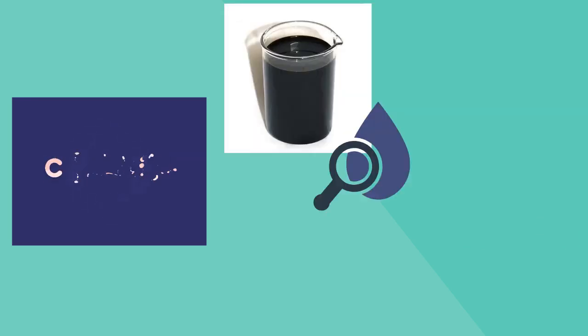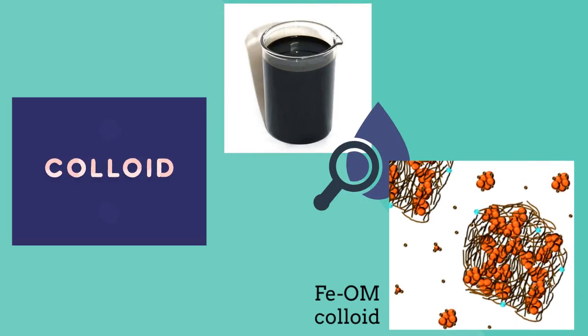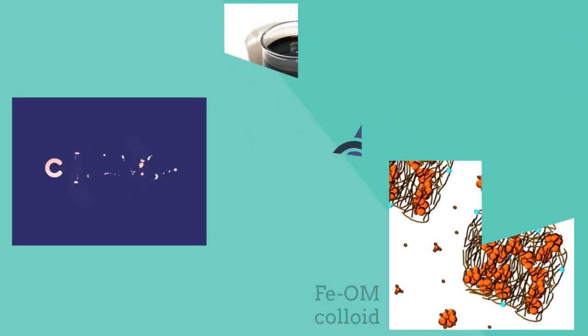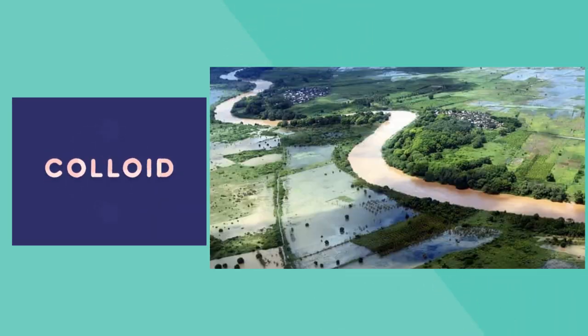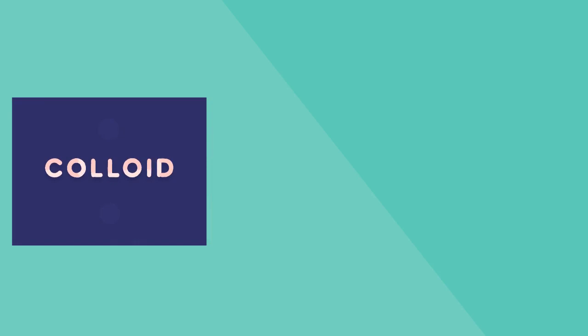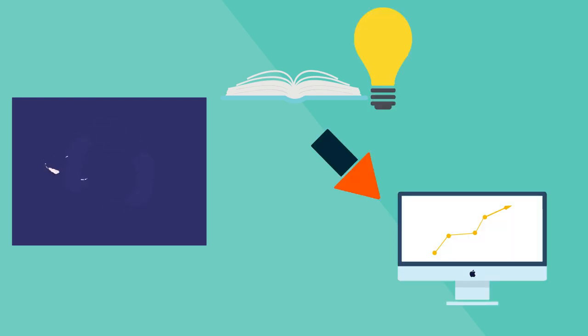Among them, FeOM aggregates are of major importance due to their higher amounts, their nanometric size, and their specific surface area. Colloids play an important role in the transfer of rare earth elements in the environment over short and long distances. Knowledge of the physical and chemical composition of environmental colloids involved in rare earth elements transfer is important if the relevant processes are to be understood and accurately remodeled.